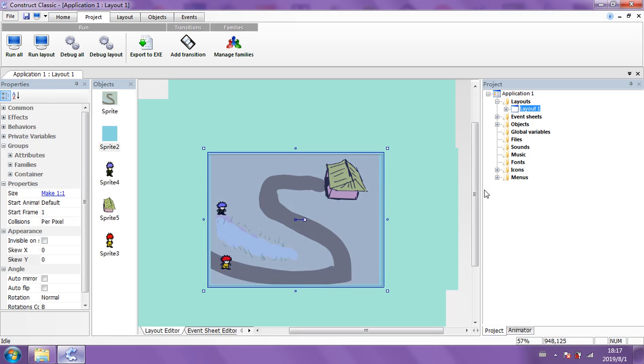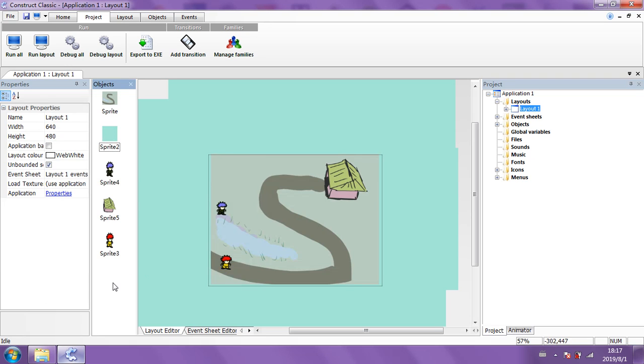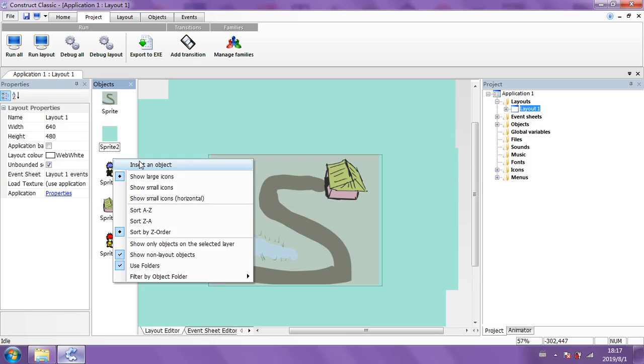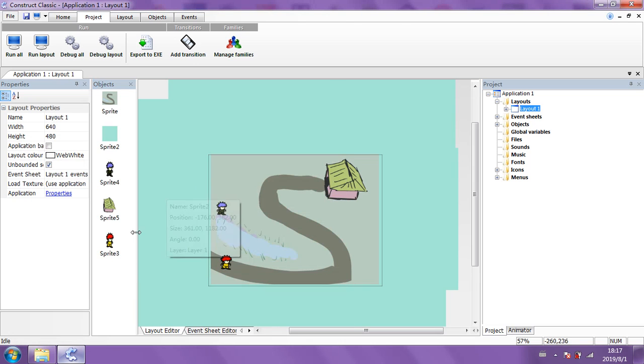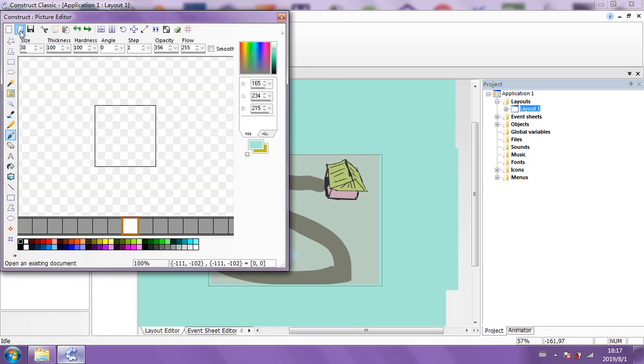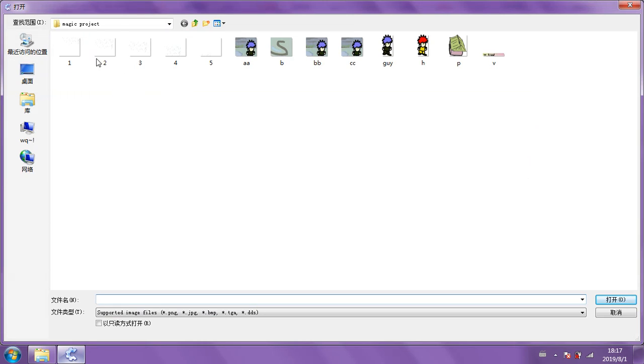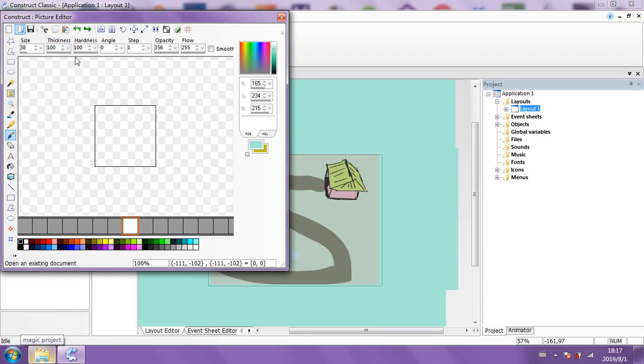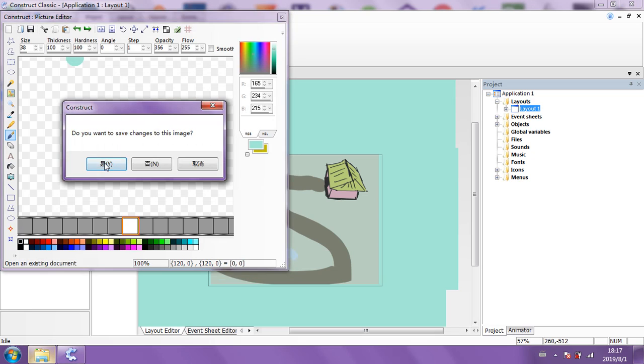Now, a couple more things we're going to do. Right click under objects, go to insert object, click sprite. Click on top here and then go to open. We've got a few things here. We've got some rain I made, so it's all pre-made, so this is good. I can show you just quickly here rather than having to draw it now. Go to one. I made this myself, I'm just saying that I don't have to show you me drawing it. Click it off on the X there, then go to yes.